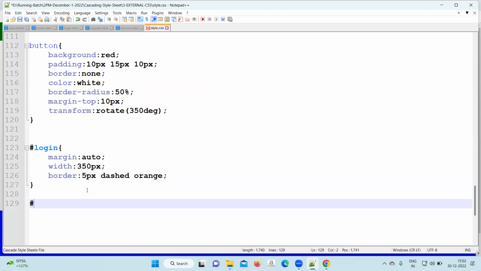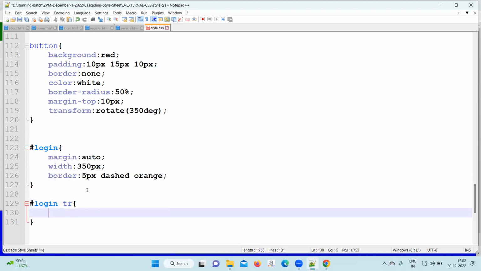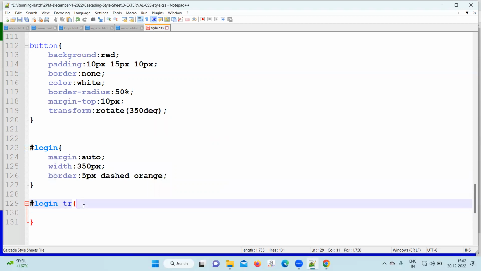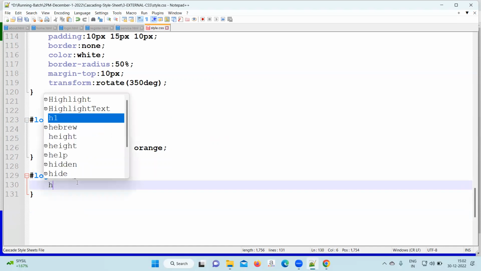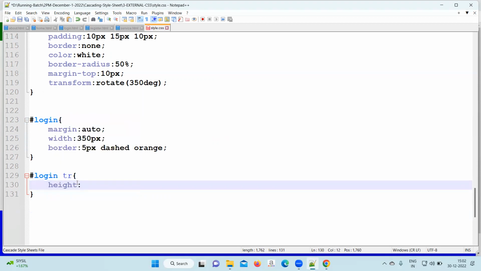Then under the login, you have the TR. Height should be